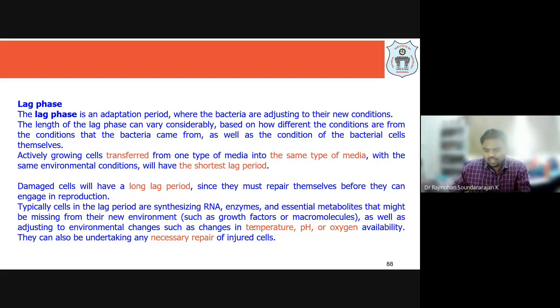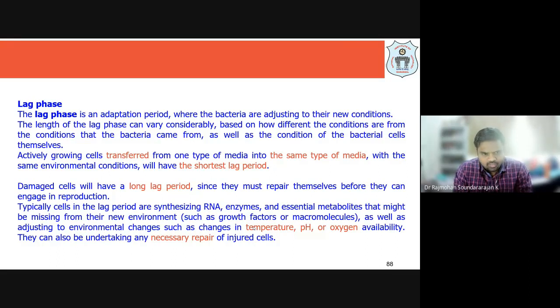You see, for example, my house also I have a similar setup. In the new place also I am going to have a similar setup. So I feel at home, right? I have all the comfort, all the hospitality provided, the same as what I am feeling when I am with my parents. So I feel better and I can quickly adapt to the new system, right? So that is what happens here also. Bacteria are the same.